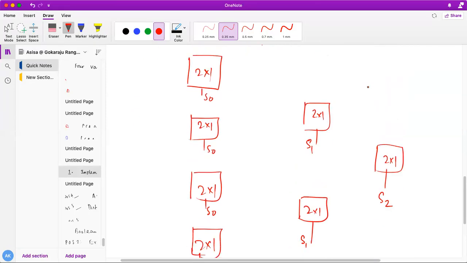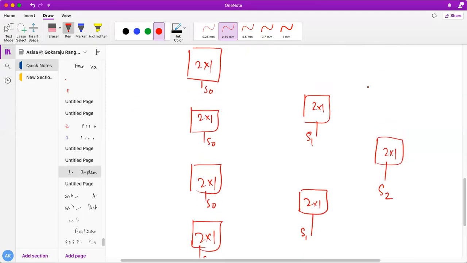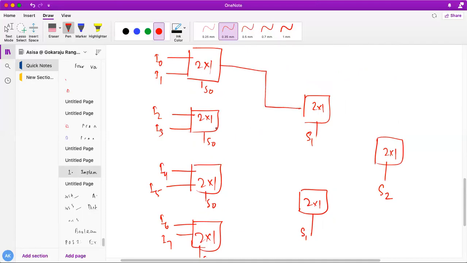So this is the way you just have to connect now. What are my 8 inputs? I0, I1, I2, I3, I4, I5, I6, I7. Anything else? No. Next, the inputs connect to these muxes.